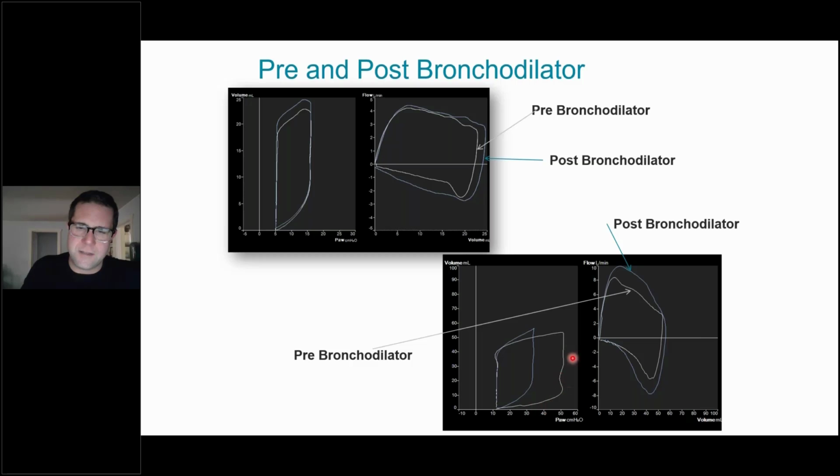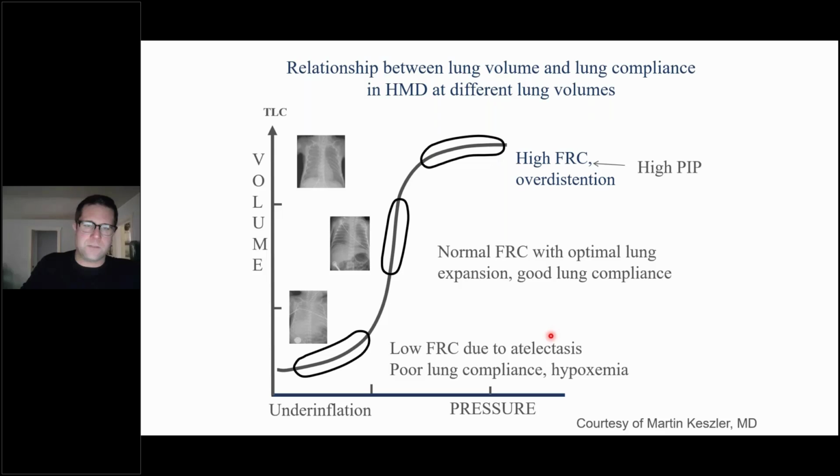If you can eliminate some of that, which we did in this particular case, this is all airway resistance. And so that pressure in volume guarantee was actually much higher, but by giving a bronchodilator, we brought the pressures down to get a similar tidal volume. So super important stuff. With regard to compliance, I think we have to really take into consideration that it's difficult